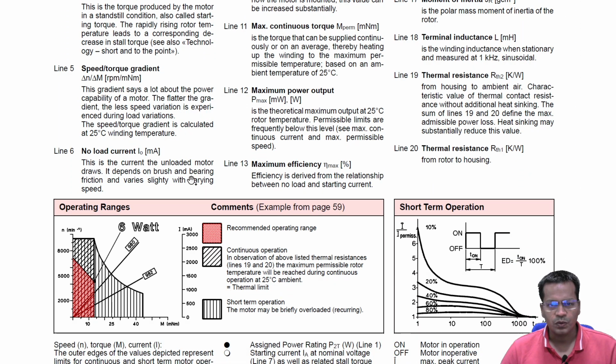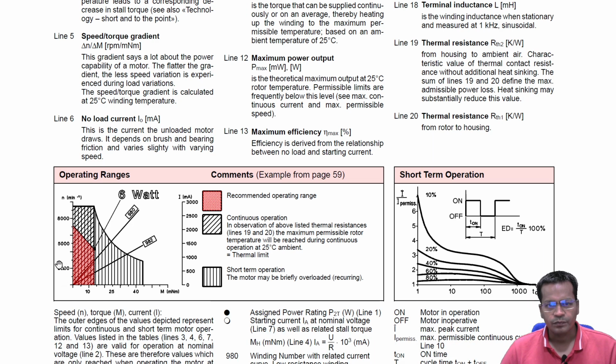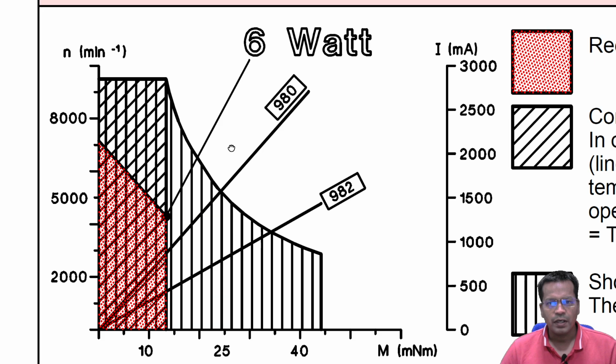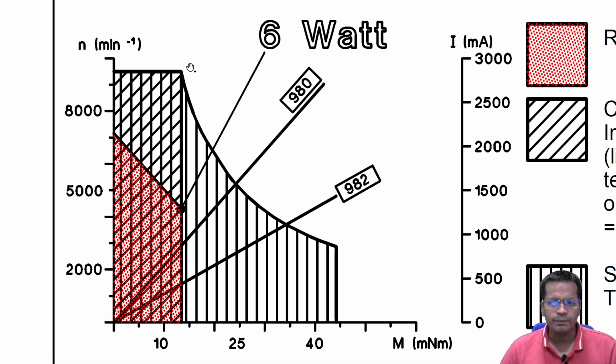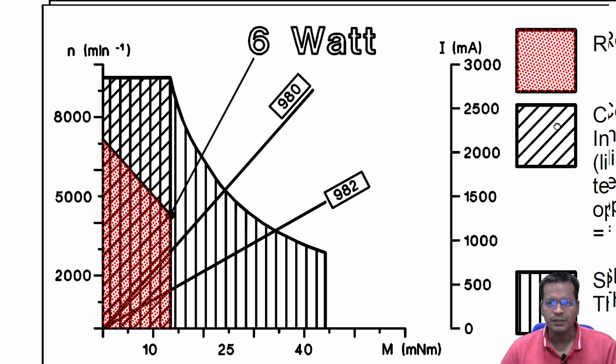So what does it show? Now coming to this particular curve. This is what I discussed just now. So you see, it is actually related like this. In the bottom you see it is millinewton meter. So this is basically the torque output, and this direction is speed in revolutions per minute, RPM. Torque and RPM vary like this. Actually it is like this, but the region which is shown, we have just seen, is this one where we are interested in.